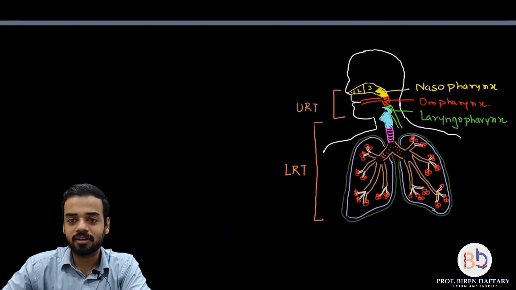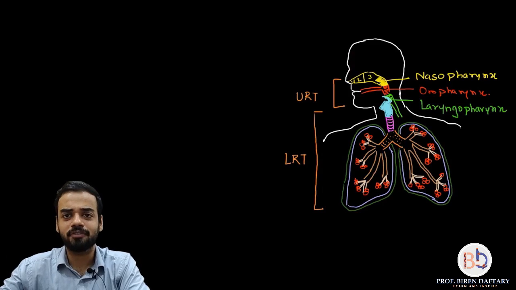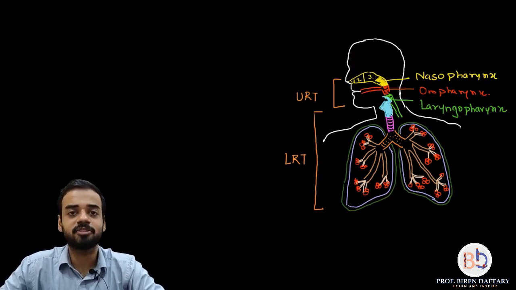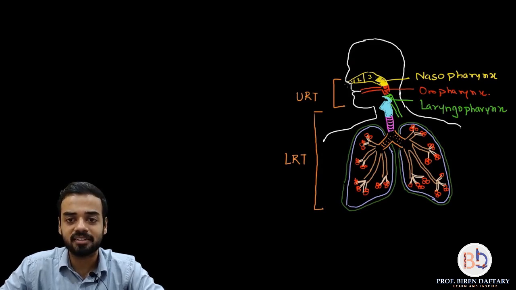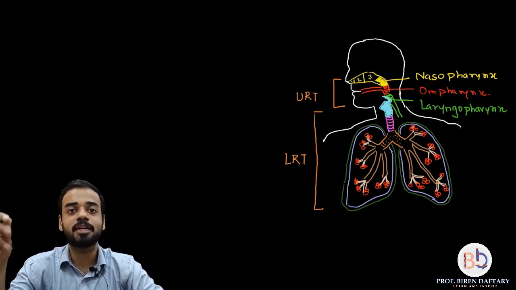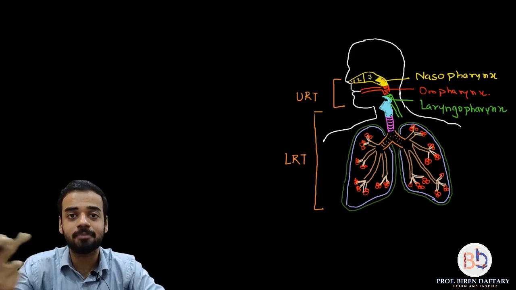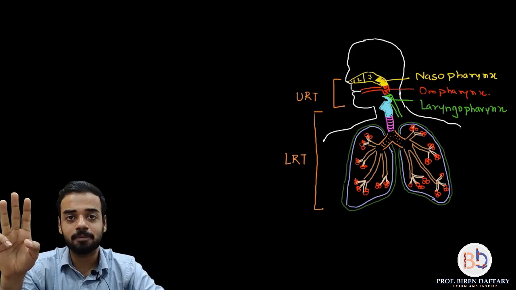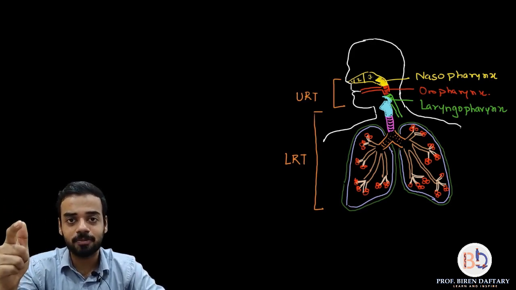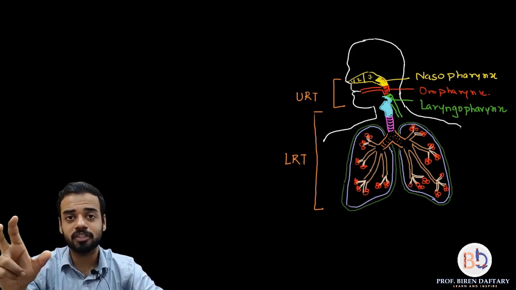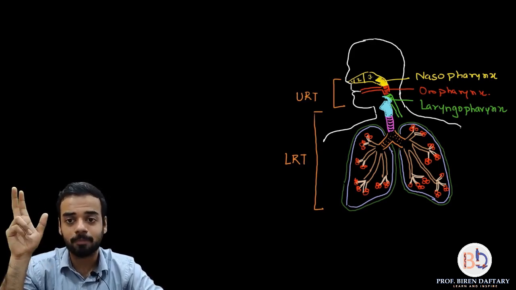Let's revise it very quickly, what the different points are, because I don't have much time. The first part of the respiratory system is the nose. What is the nose made up of? External layers, nostrils, internal layers, and the 3 parts of the nasal chamber. The nasal chamber is made up of the nasal cavity, and what makes the nasal chamber? The cartilage called mesethmoid. The nasal chamber is made up of 3 parts. Which 3 parts? First is the vestibule, second is the respiratory part, third is the olfactory chamber. You know the functions of each of them. If you don't know, please go through the chapter once again.